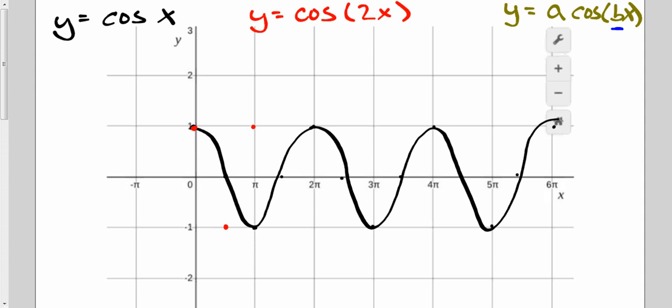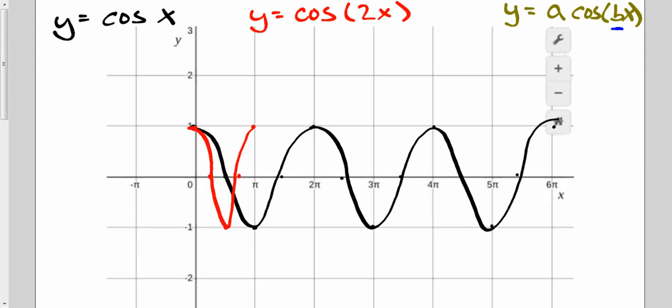All right? But what I want to do is find the middle point. Where do you think the middle point happens between 1 and -1? Well, it should happen right between 0 and pi over 2, right? Which would be pi over 4, or halfway. So I'm going to have a 0 there. I'm going to have a 0 halfway between there, too. And then I got all the points I need to create a